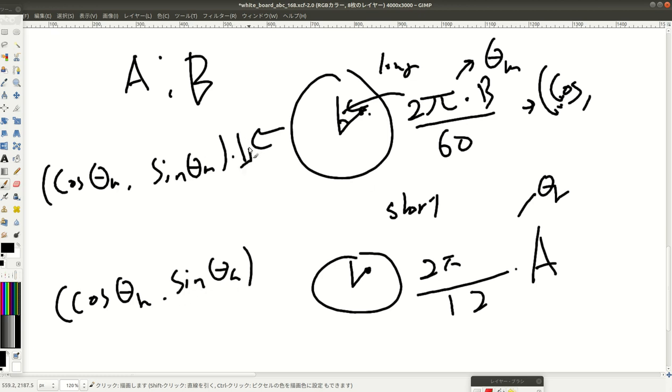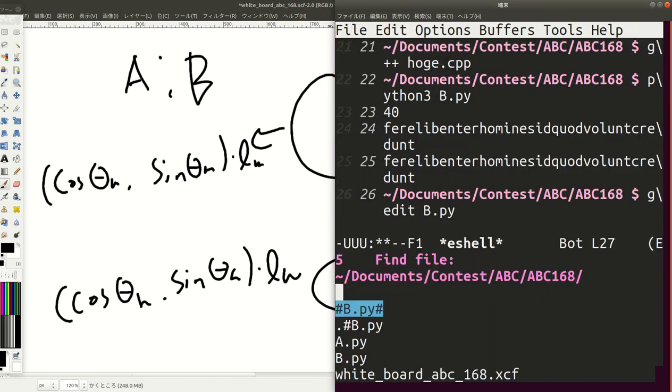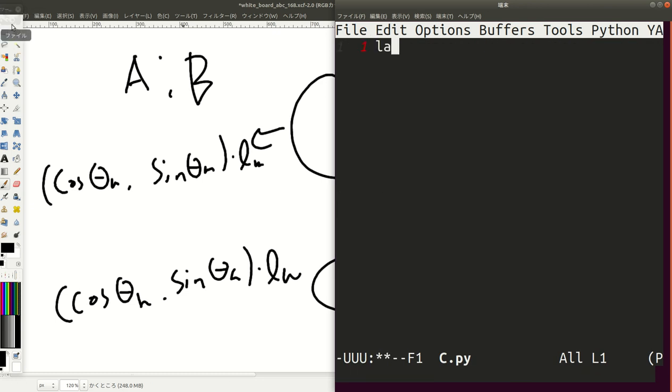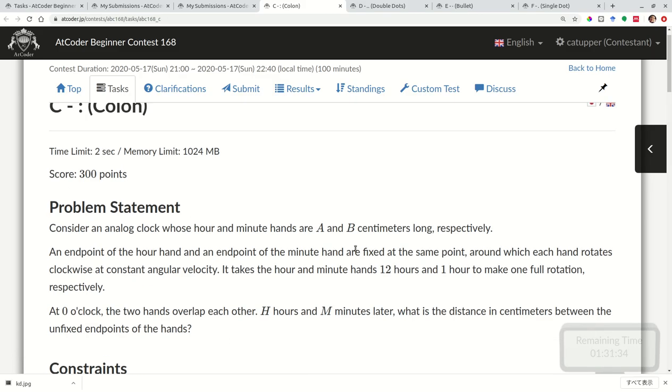The length of minutes times the length of hour. Okay, and just take the distance. This is not difficult. Theta, pi, get length of A and length of B. Which one is the long one? A is the short one, so